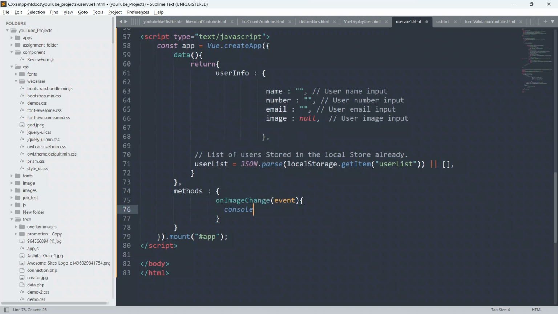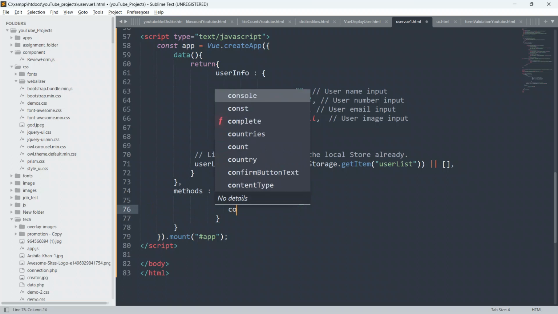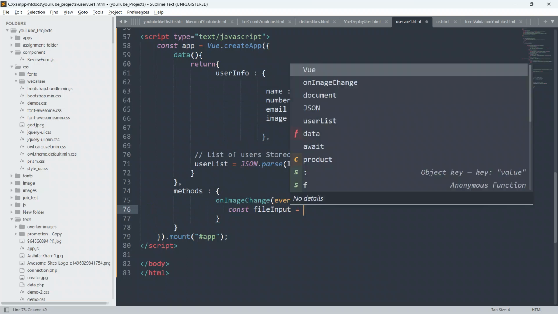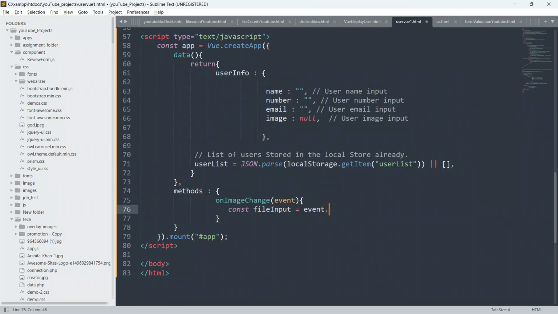And I will create a const first. So create a const and give the variable name file input, equal to event dot target.